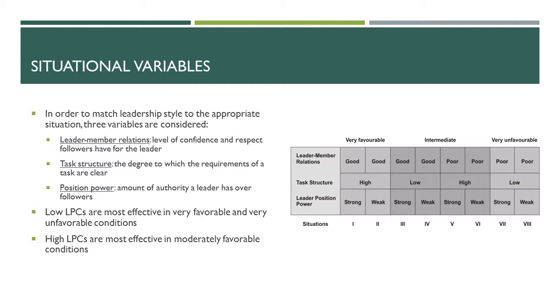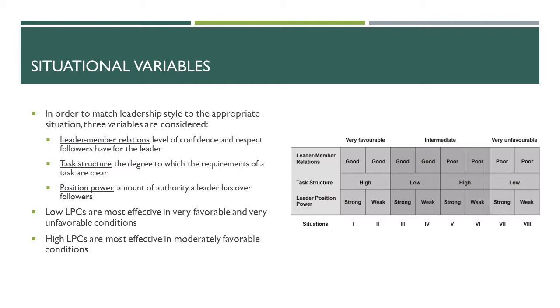So you'll see, based on the chart on the right here, that Fiedler determined 8 different situations based on the combination of these variables, and determined that low LPCs, or those who are task motivated, will be most effective in very favorable or very unfavorable conditions, whereas high LPCs, those that are relationship motivated, will be most effective in the moderately favorable conditions. And although the research on this isn't extremely clear, some would conclude that low LPCs are most